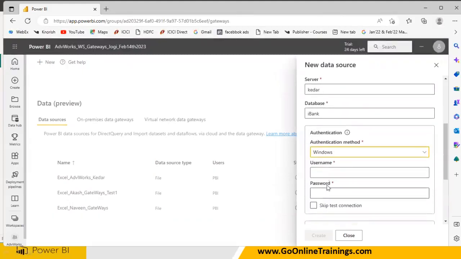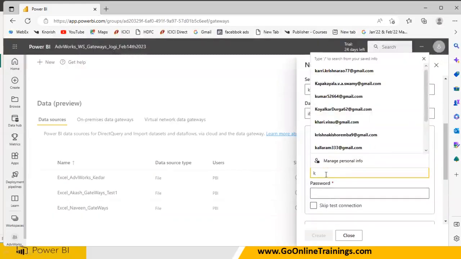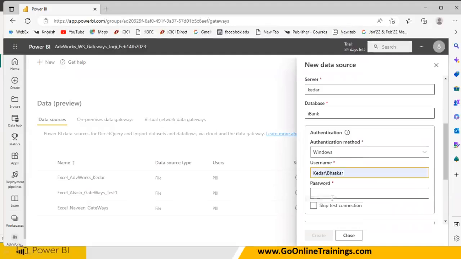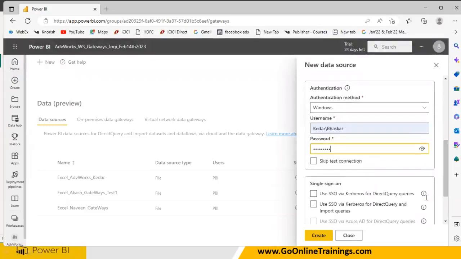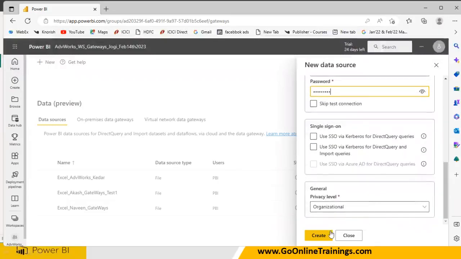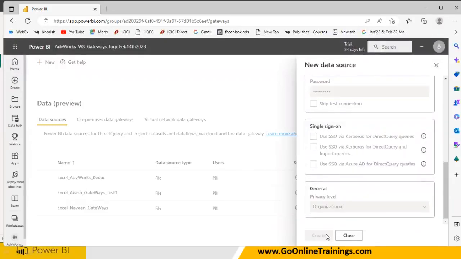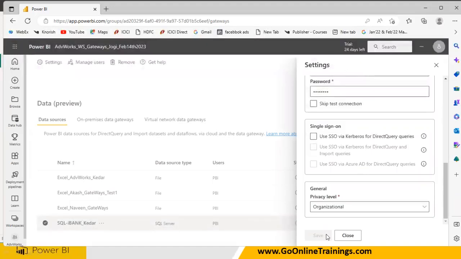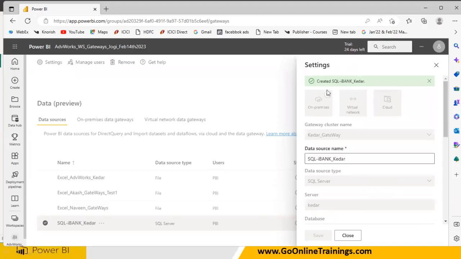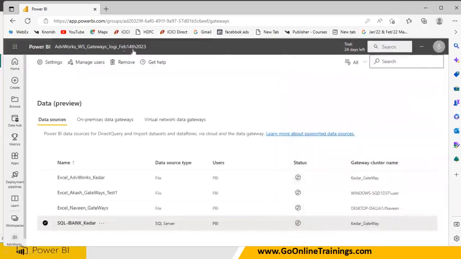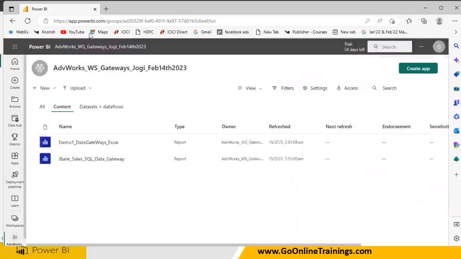authentication is Windows and Kedar, right? Bhaskar, password, whatever I'm giving at the Windows level, it is not India@12. That's it. Click on create. Right now, I'm creating one data source at the data gateway level. So it got created. Have you seen this? Now, once it is done, what do you have to do? You have to go to your